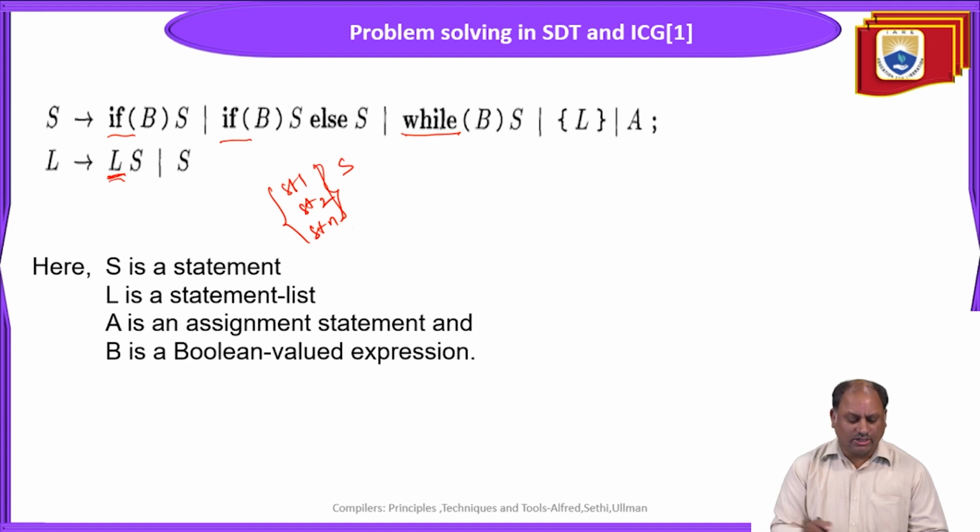So a statement can be an individual statement which contains an if statement, or it may also contain an if statement followed by else, or it may contain a while statement, or only a list of statements, or an attribute assignment statement itself. Here L is statement list, S is statement, B is a Boolean valid expression. So like this we are going to specify the list of